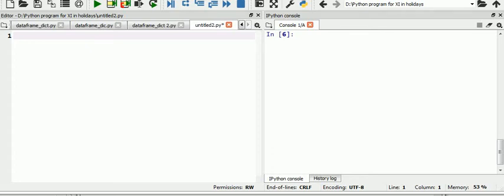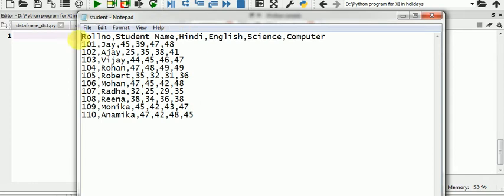Hello student, today we are going to learn how to read and write data from a CSV file or to a CSV file. CSV means comma separated value. That's the format that refers to tabular data that has been saved in plain text format with comma separated values. Okay, like here, this is my file.